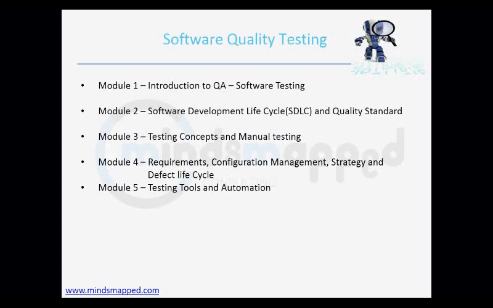Basically we'll start with an introduction to QA and what software testing is, because most of you are from a non-IT background. We would not just jump into testing concepts before you understand what software testing basically is, and why you have to get into it.